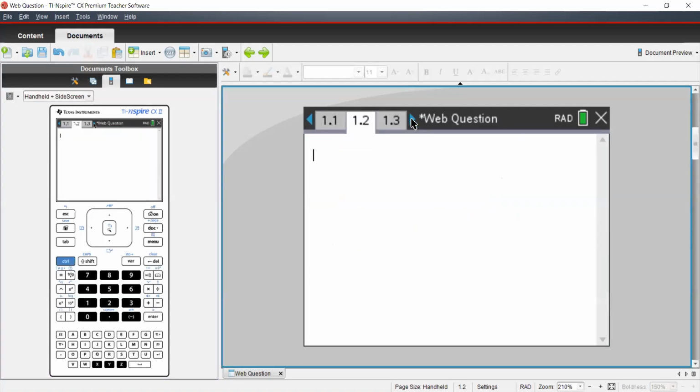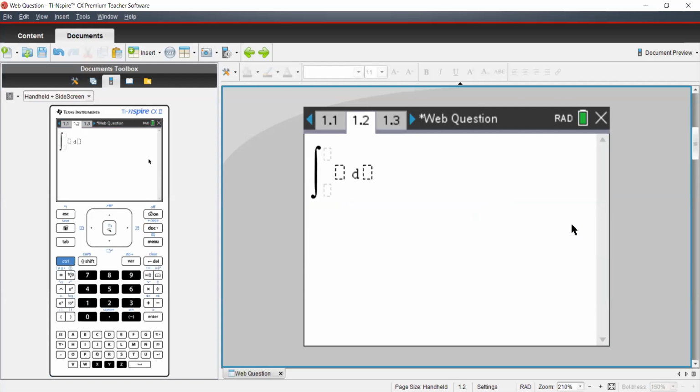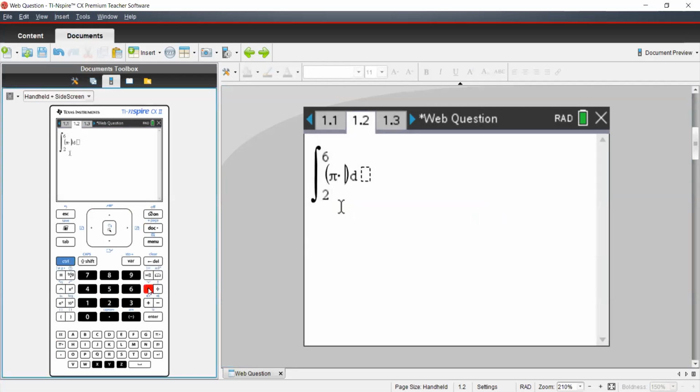And here I can have the integration from this math template. Just click on this. Since we have the domain from 2 to 6, I will write 2 over here, then 6, and as the formula says, pi is being multiplied by.